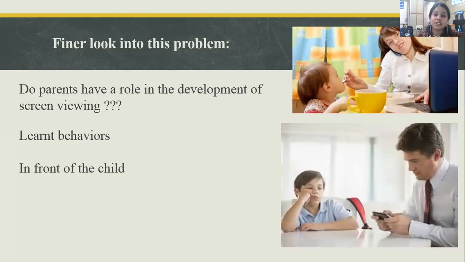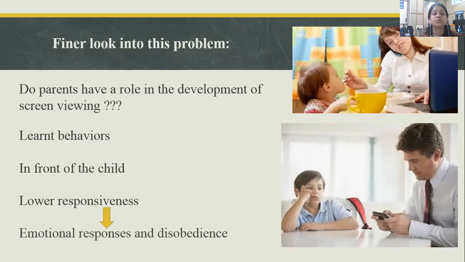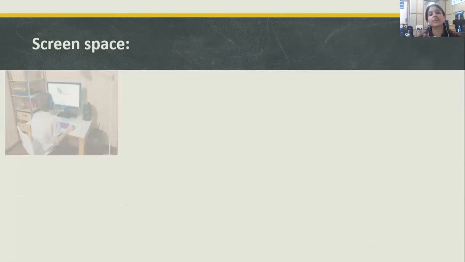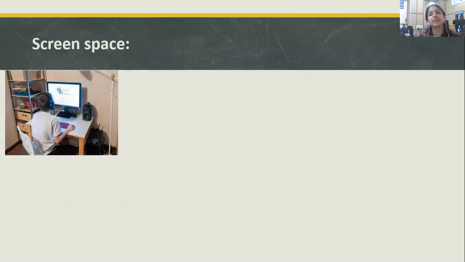Sometimes even when the child is going to express their problems, parents might show a lot of unresponsiveness towards attending to their problems, and the end result of it might be frustrations which come through emotional responses or disobedience in the child. Some screen spaces where we can often see the child or the parent getting exposed to this media is academically, when the child is going to have a lot of work to do at home, so they will prefer having it in their bedroom or their study room.